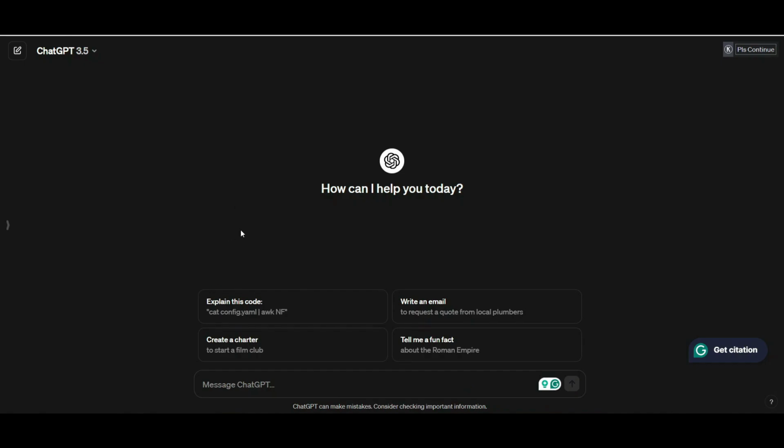This is the ChatGPT panel and I am using 3.5, which means you can use this ChatGPT freely to generate keywords. If I want to do keyword research in any niche, first of all I have to type something related to that, like: tell me some low competition keywords in travel niche.